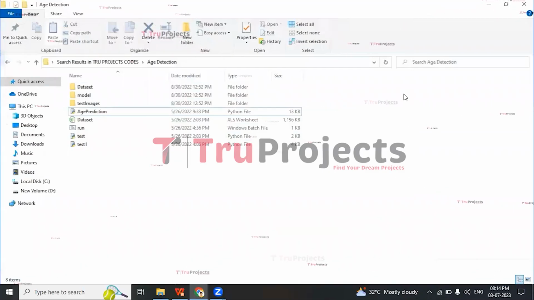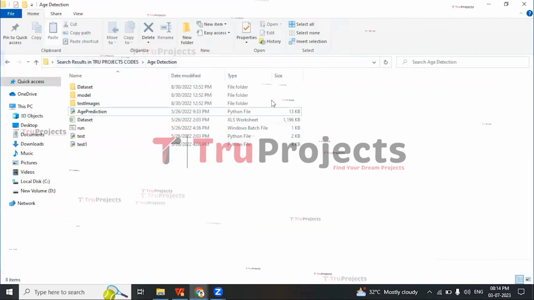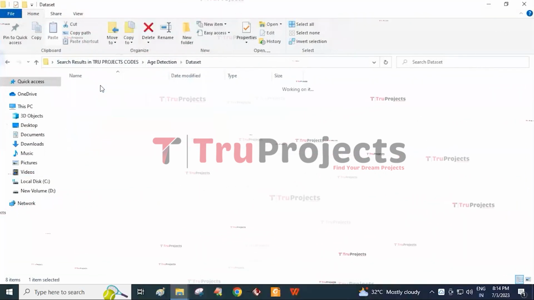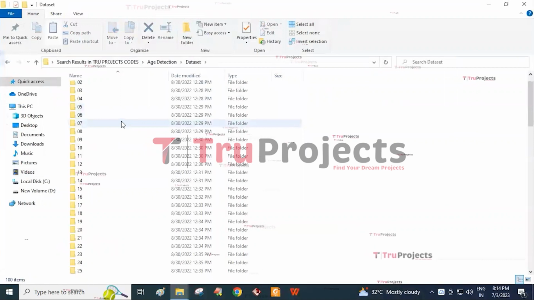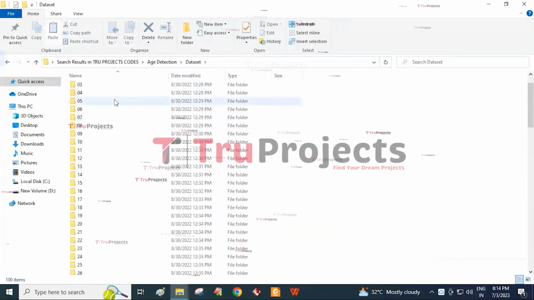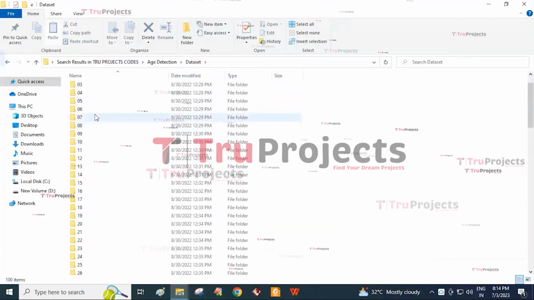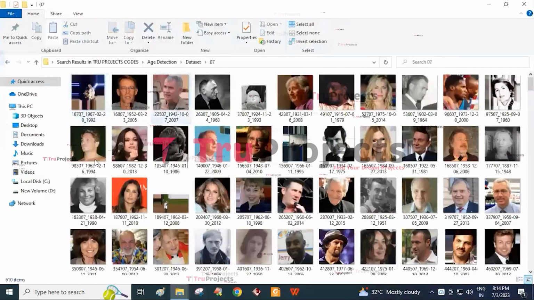The execution of the project. To execute the project, first we need to open the code folder. This is the code folder consisting of different files. The dataset folder consists of different folders named 0, 1, 2, 3, 4, 5 consisting of images representing their